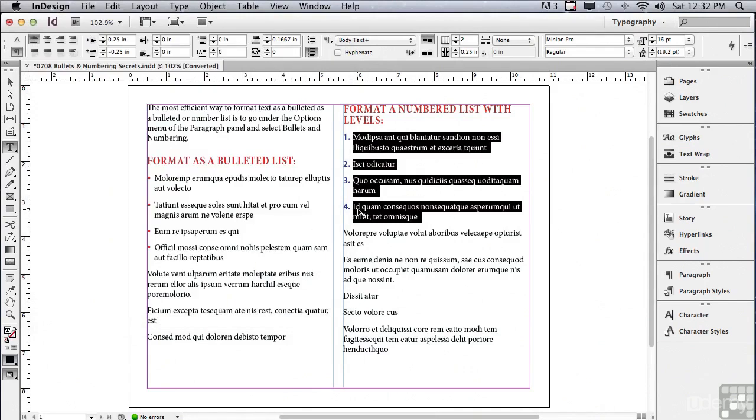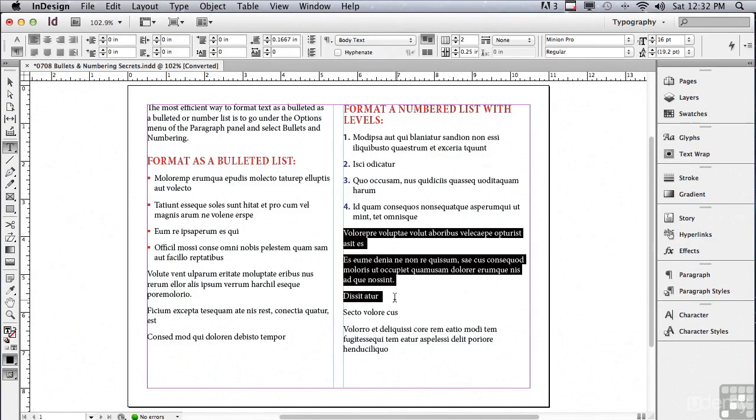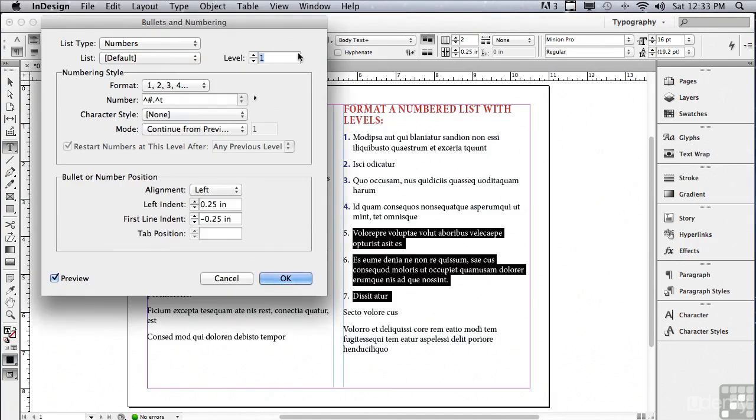How do you do a level 2? So I could do something like 4 and then have ABC under it. Well, let me select the next 3 paragraphs and I'm going to apply numbers. And you can see it's just continuing my numbered list at this point, but that's because I have to tell it it's a level 2. Let me Option or Alt click on my numbered list button, and I'm going to start by making it a